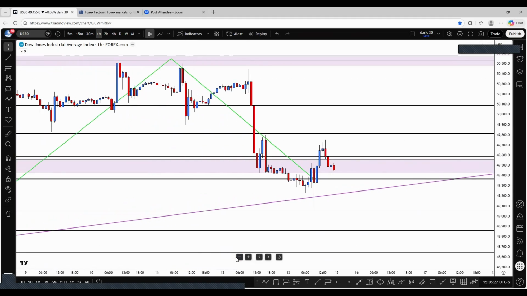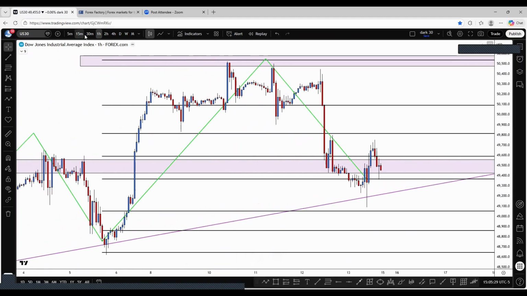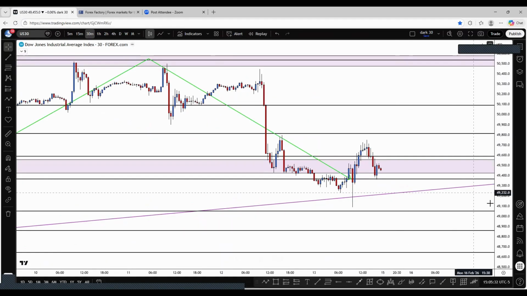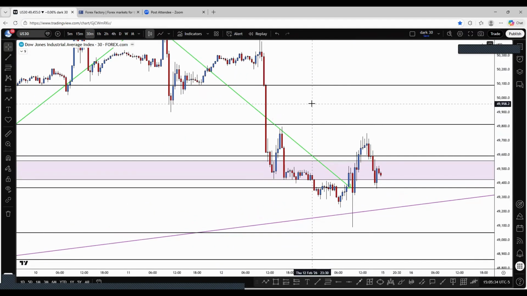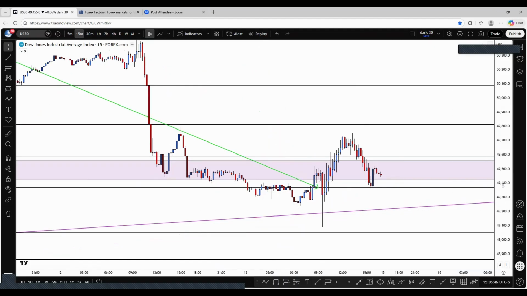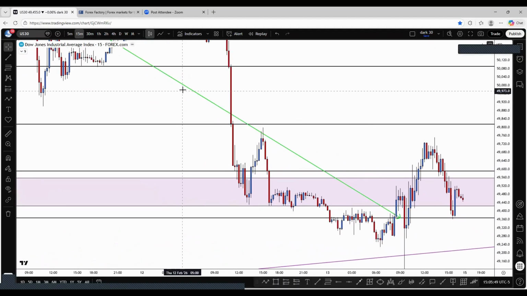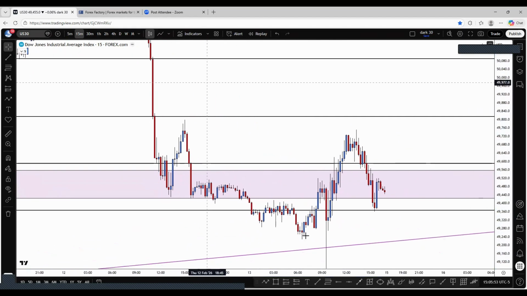Okay, so now I'm gonna look at the 30 minute. You had a breaker structure right here. So you really could draw a smaller fib on here. I'm not going to do that though. And then I'm gonna go down to the 15 and add this chart from the 15. Let me delete this structure that I drew. Okay, yes, and on the 15 minute, you can also see that it broke a structure level right here,